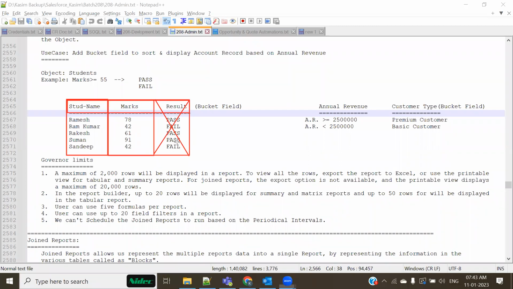This is one of the common interview questions.